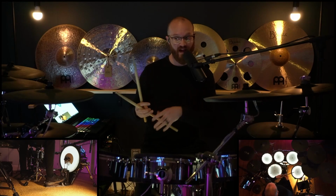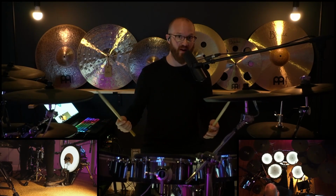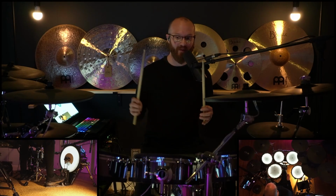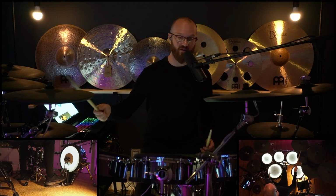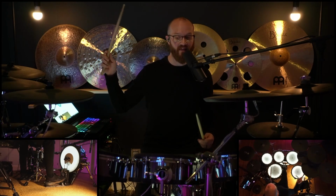and at the end of that, we go back into that pattern that we've already practiced, the singles, and then we go into a fairly complex 5-stroke roll-based groove that I'm going to show you later on in the lesson. So we've got 4 bars on the stack, 4 on a crash, and then the alternating crash china pattern, and then we end again with